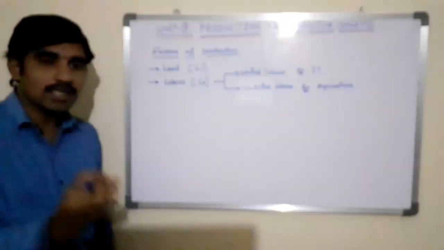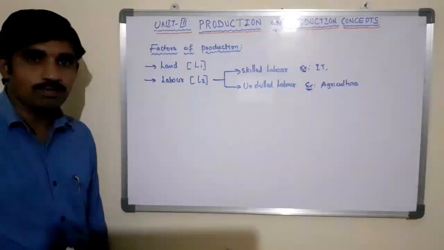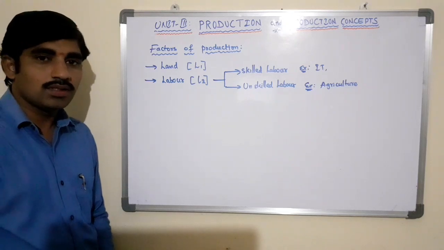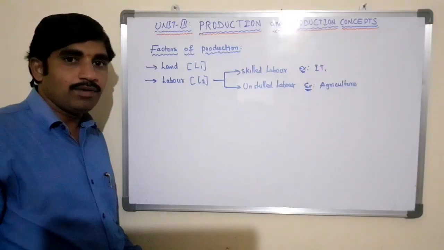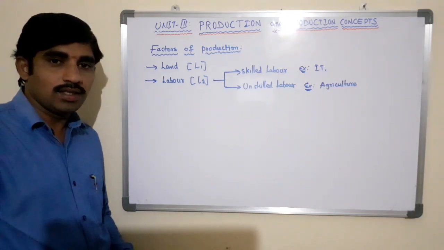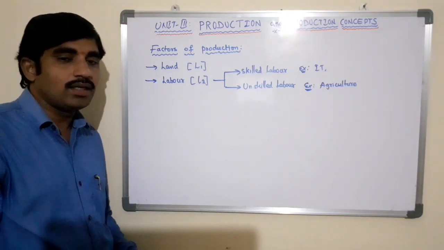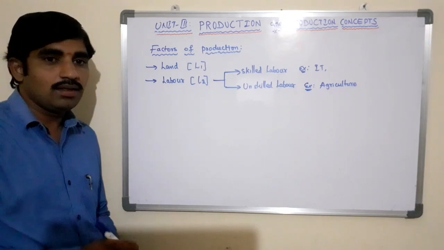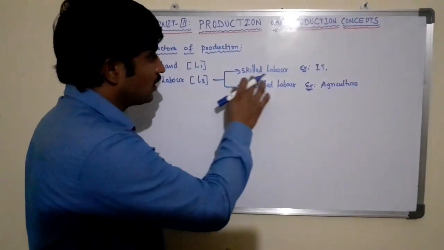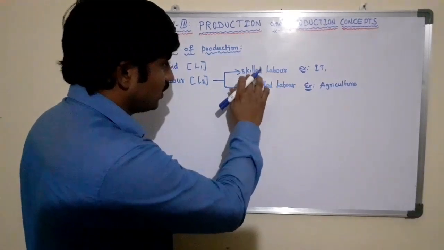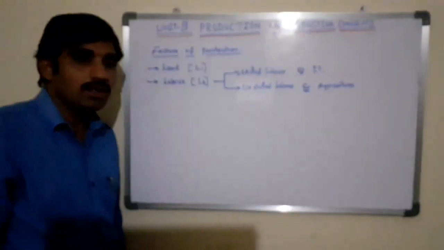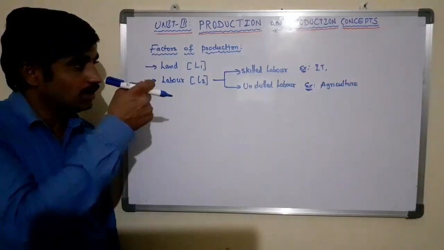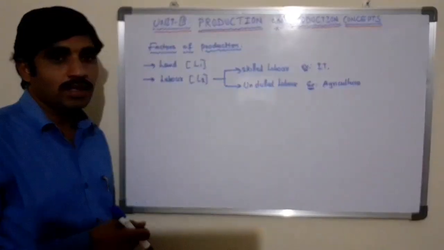Based on the skills required, the producer can engage these people to produce the product. Human efforts done mentally or physically with the aim of earning income are known as labor. It is the physical or mental effort of human beings in the process of production. Labor used mentally comes under skilled labor, and physically comes under unskilled labor. So based on the people required, the producer can engage them, right?